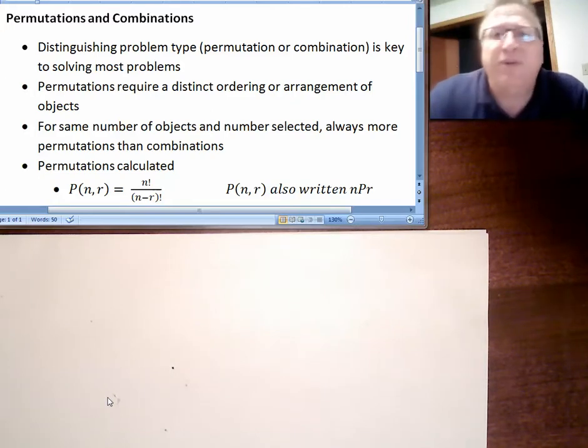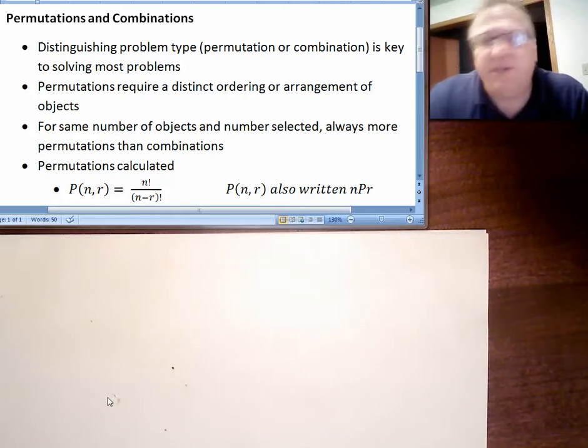Most of you already know that factorial means something special. I'll give you an example. 3 factorial is equal to 3 times 2 times 1. 6 factorial is equal to 6 times 5 times 4 times 3 times 2 times 1. One other note,